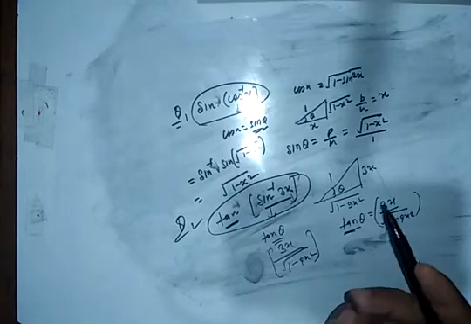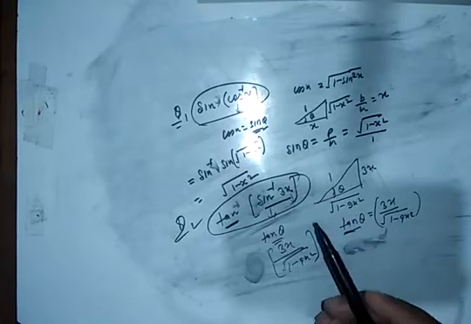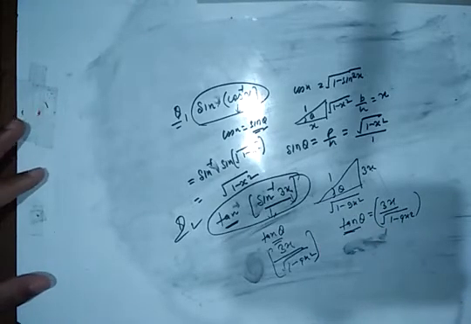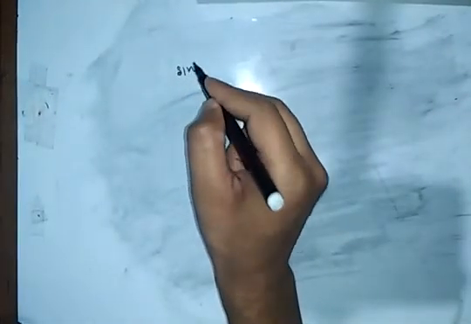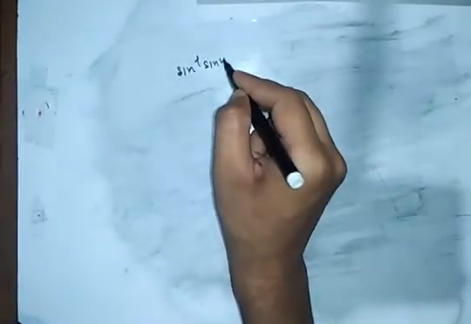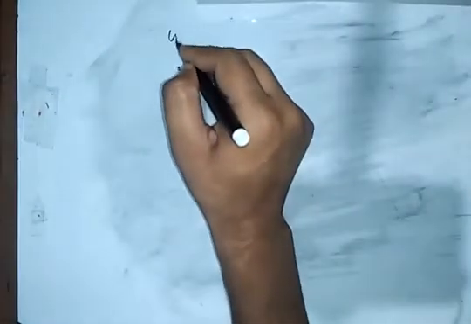You can solve more questions about this, but I will give you some graphs more about the inverse of the trigonometric functions. Suppose you can assume here sine inverse of sin x. What is the graph of these functions? Graphical approach.